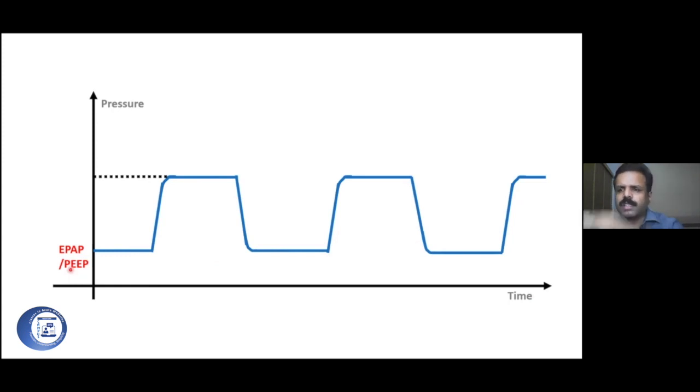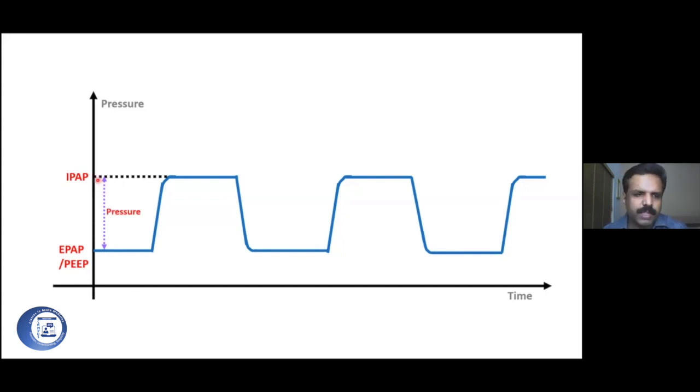In other words, as we have already said, when the patient is exhaling, you partially obstruct the system and keep a pressure inside the system to recruit more alveoli, or to splint the upper airway. We use something called an EPAP. Then the higher pressure, the pressure control, is called IPAP. The difference between EPAP and IPAP is the pressure support. It is also called delta P.